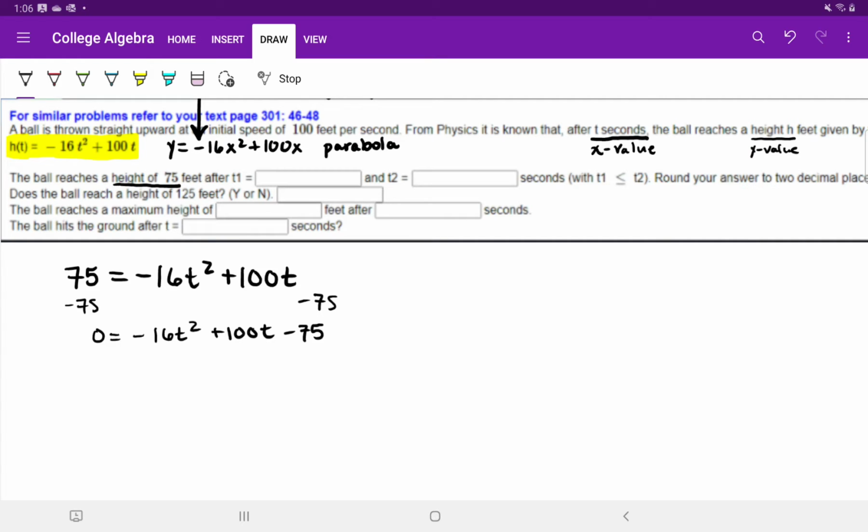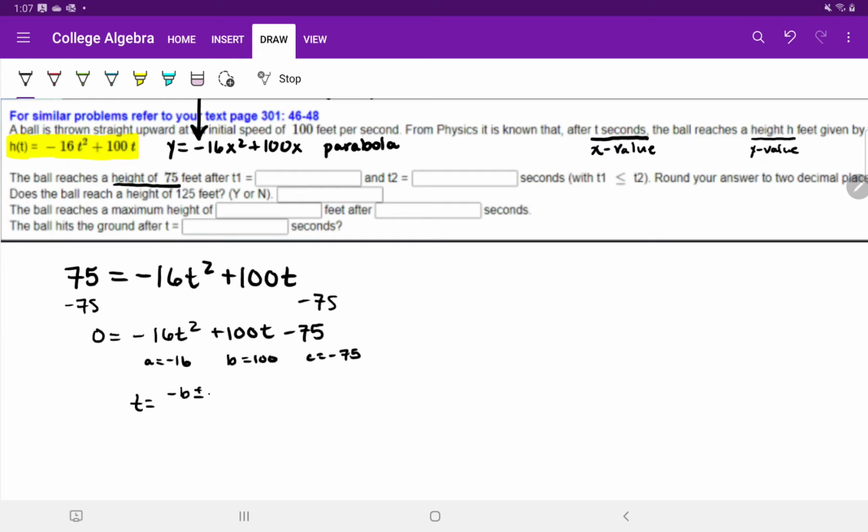Here, I think the quadratic formula will be a little bit easier since these numbers are pretty big and completing the square would be a challenge. So let's use the quadratic formula. Our a is negative 16, our b is 100, and our c is negative 75. We're going to plug all of that in. I almost wrote x equals. It should be t equals